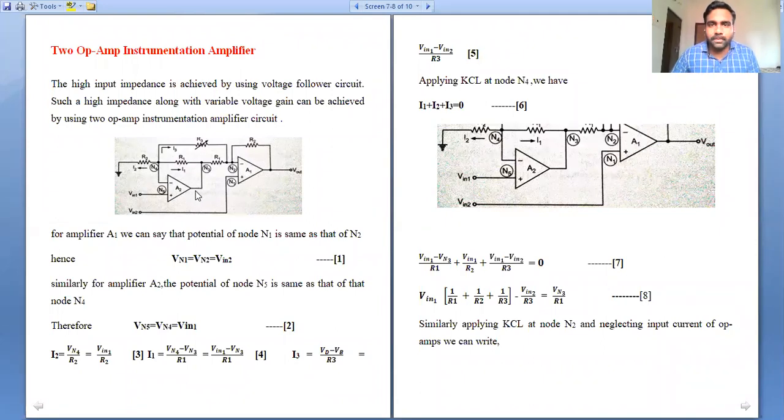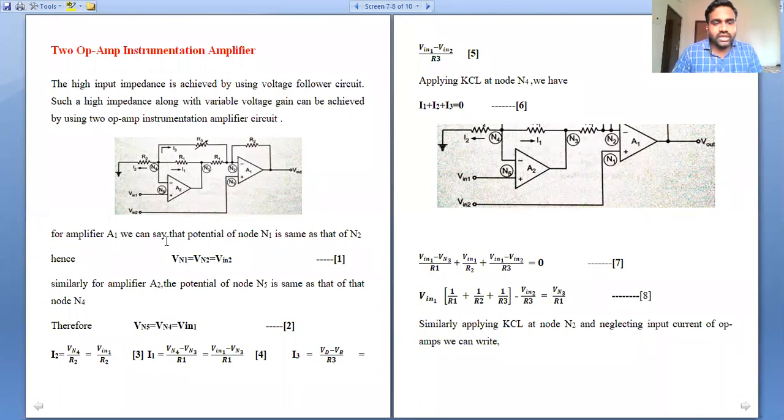In the previous 3 op amp configuration, we connected the entire output of the transducer directly to the voltage follower circuit, but here we are connecting one terminal to the voltage follower circuit and the other terminal to the difference operational amplifier. The output of the voltage follower circuit is given as an input to the operational amplifier A1. That's why the condition of cascading is also satisfied.